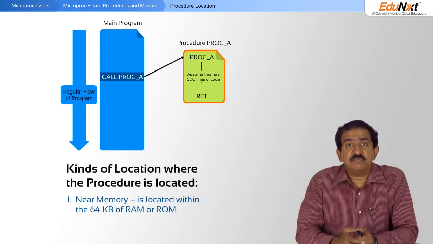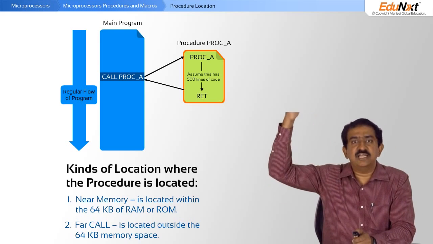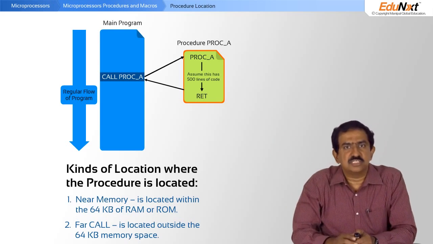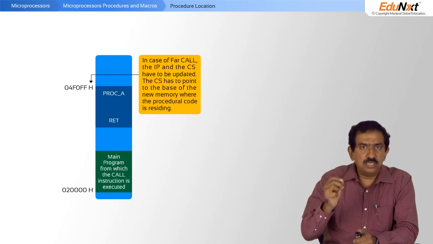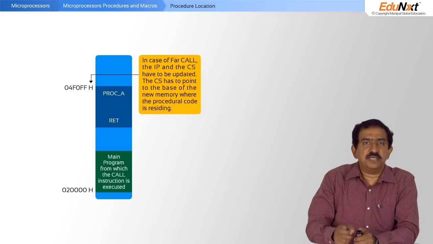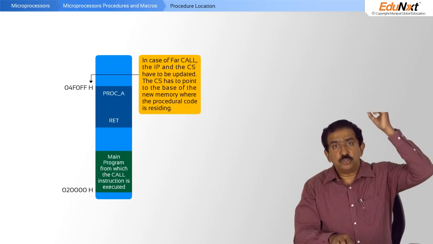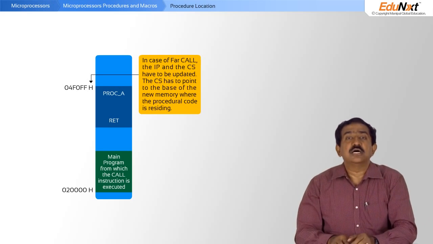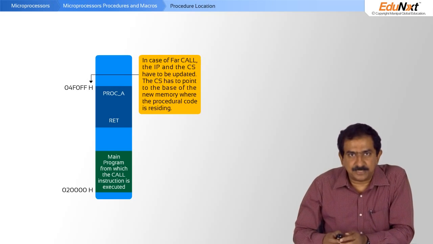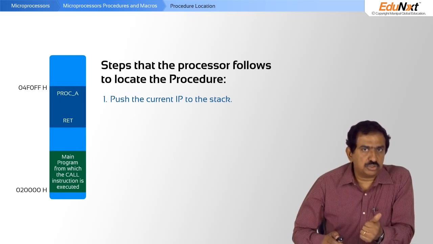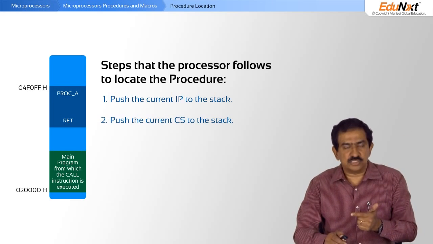In the case of a far call, the procedure could be located anywhere in memory, not within the 64K memory space. In this case, not only must the instruction pointer be updated, but also the code segment. The code segment has to point to the base of the new memory where the procedural code is residing. So in this case, you push the current instruction pointer, you push the current code segment,